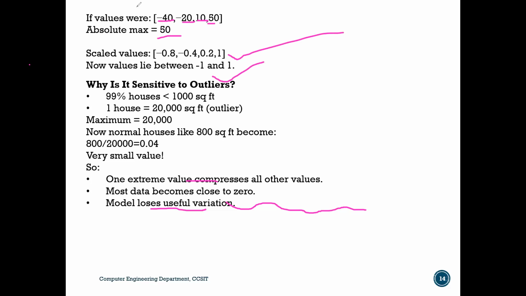Suppose here is one value which is 1000. So if I have a value 1000 in this data point, what will your maximum be? Your maximum will be 1000. So if your maximum is 1000, now all data points you have to divide by 1000, right? So what will you get? You will get minus first point